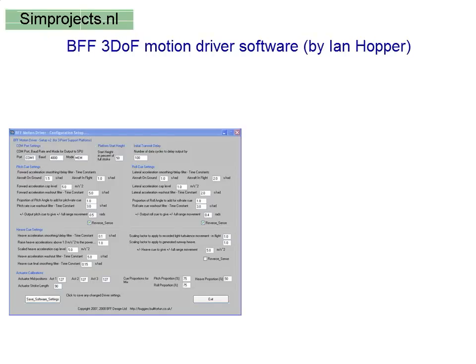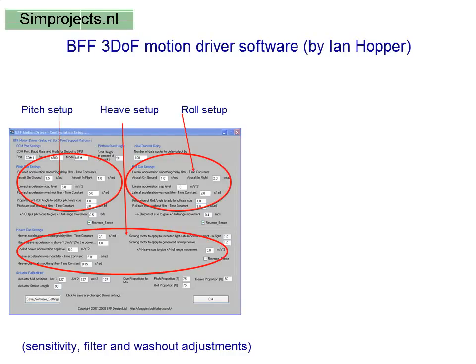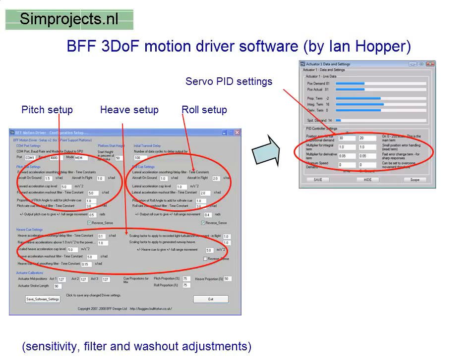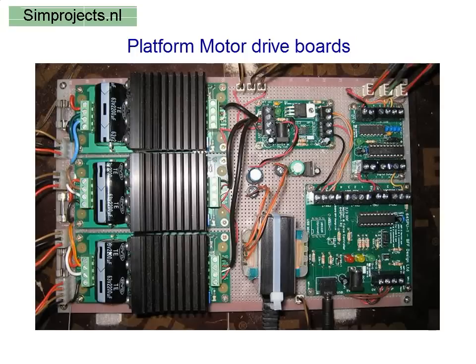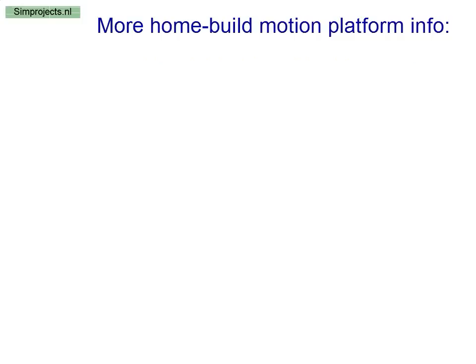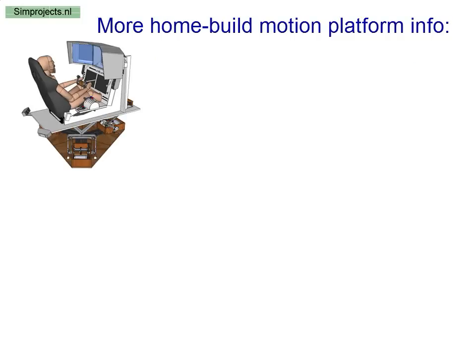To get realistic movements from the platform, a lot of tweaking is required. The BFF motion driver has many parameters that can be tuned for best practical results. Here is a picture of the motion platform PID servo system and 3 motor drivers. This servo system is also designed by BFF Simulation. If you would like to know more about my motion cockpit, you're welcome to visit my website